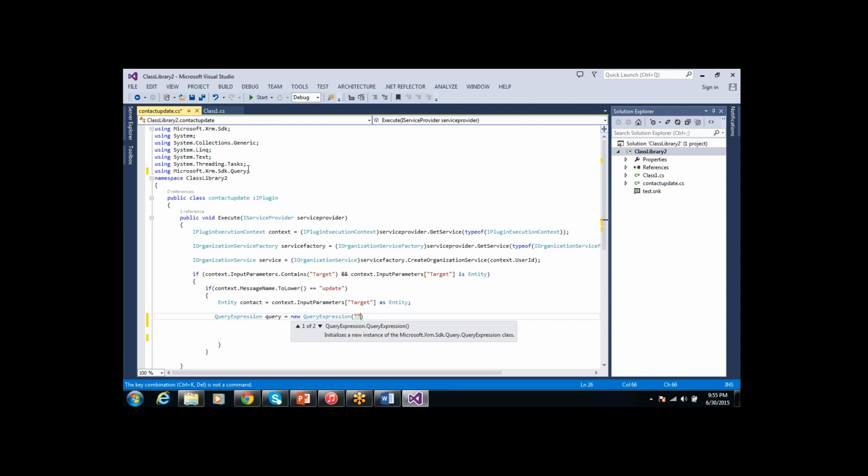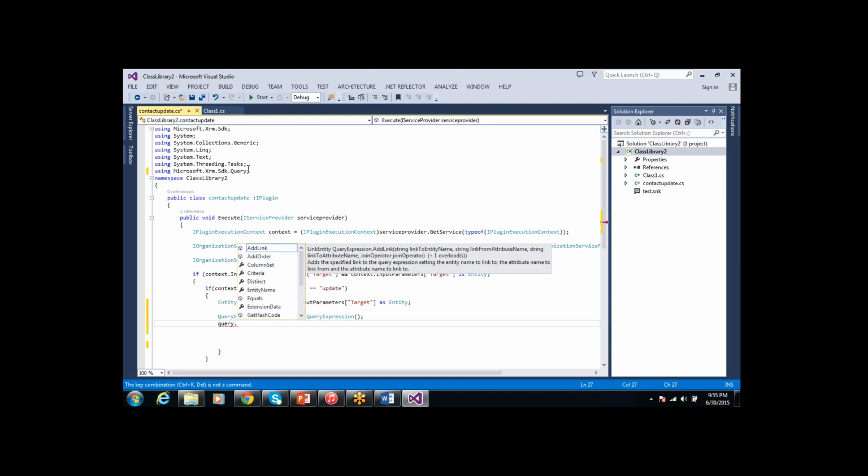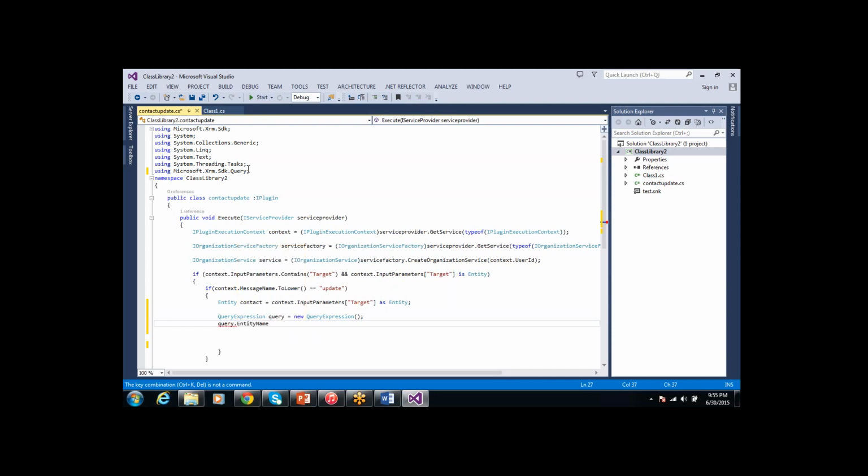If you want, you can directly pass the entity name. So if we just define this class, here in the query we will get the entity name. Which entity do you want to retrieve? So I'm giving contact.